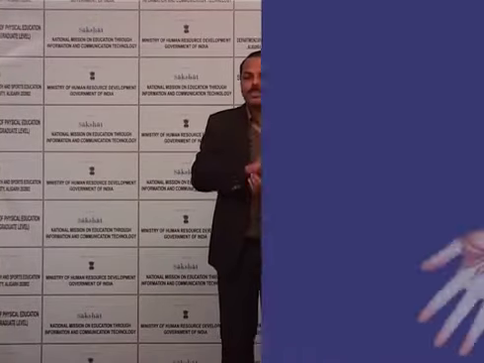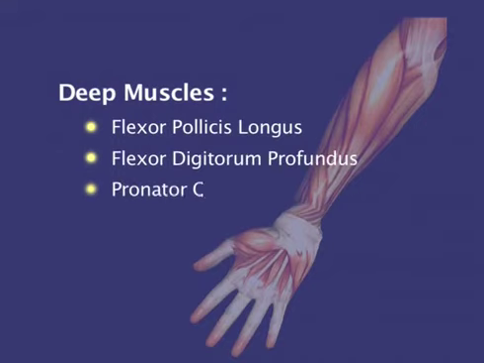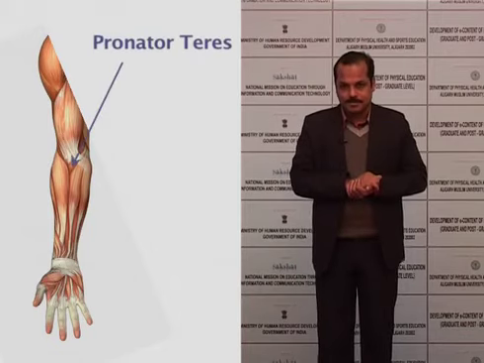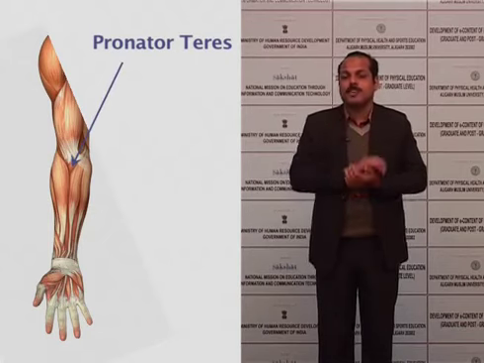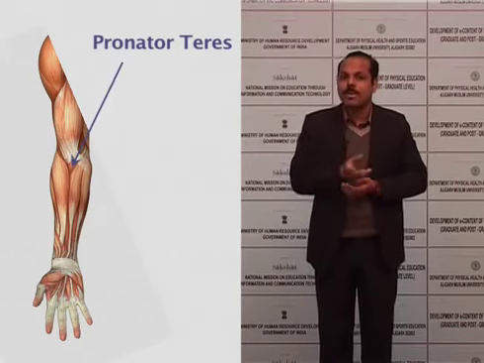Now the deep muscles are flexor pollicis longus, flexor digitorum profundus and pronator quadratus. These muscles are seen deep to the superficial muscle groups. Now we will go through the anatomy of the superficial muscles briefly. The first muscle is the pronator teres. By the name itself, we can understand the action of this muscle. It is the main pronator of